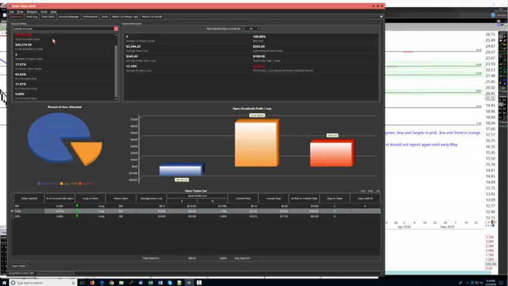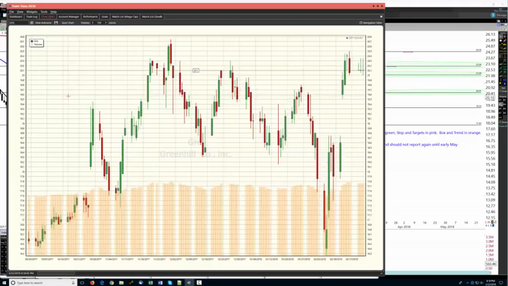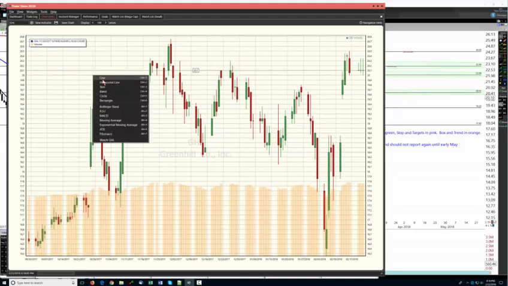Let's go on and talk about the chart. Again, this is what our charting package looks like. Looks like the screen's slowly catching up here. If you right click, you can add a number of